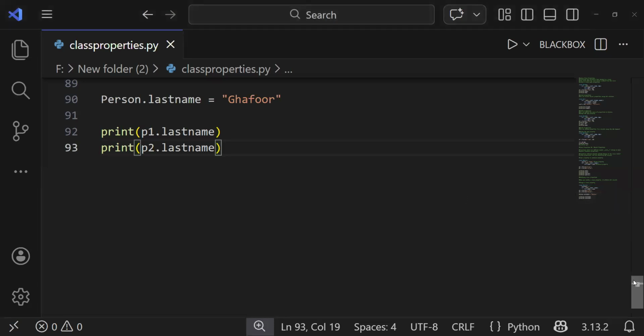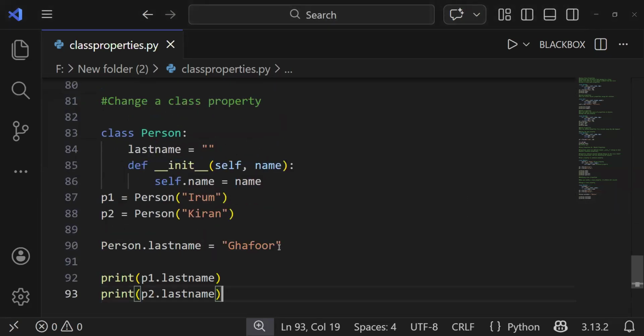All right. So what actually happened is that this was replaced by this. This is why you saw that over here. This is called changing a class property. So let's talk about